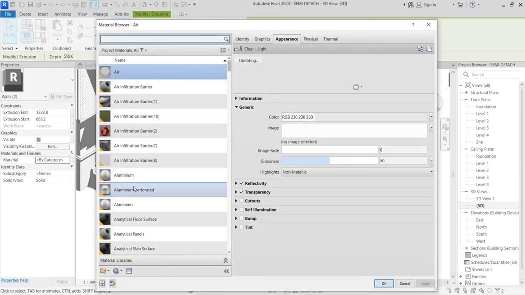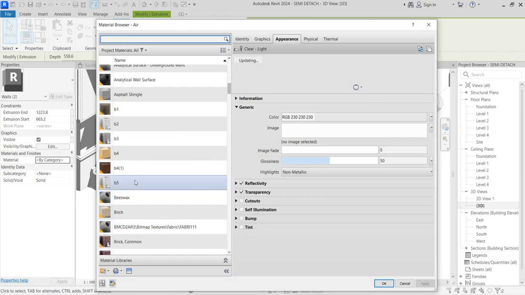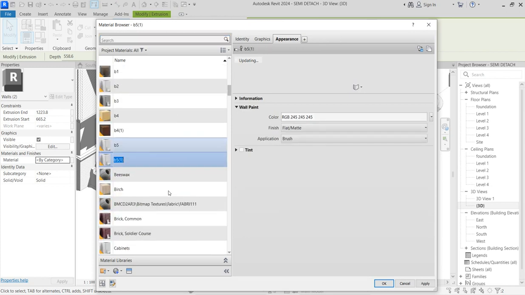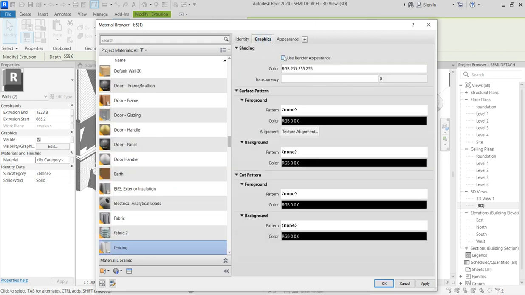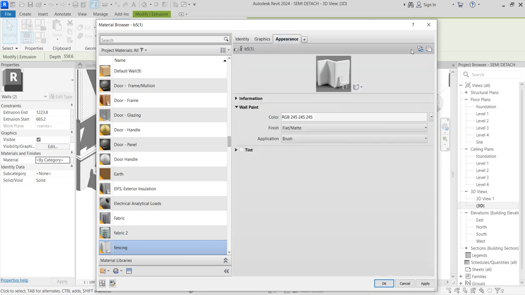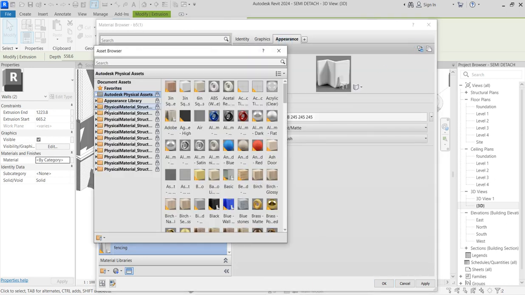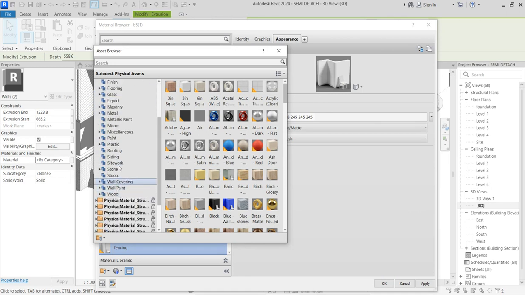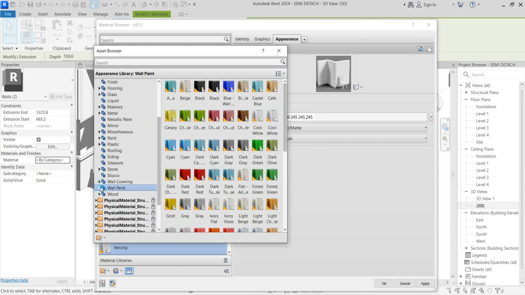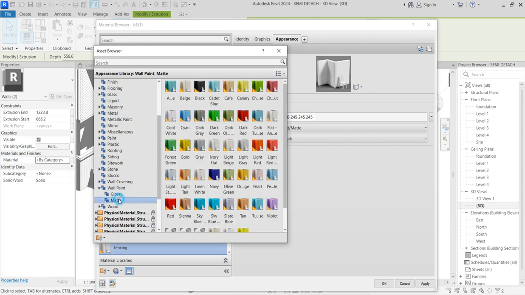If it is befitting a sensitive column, like here, say duplicate and call it fencing. So graphics appearance, check it and go to appearance and change the whole appearance to suit what you want for yourself. So I'm using all paints to work on what I want to do here. Matisse. So now I'm using Matisse and I'm using